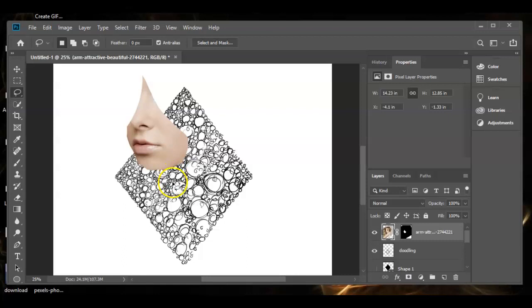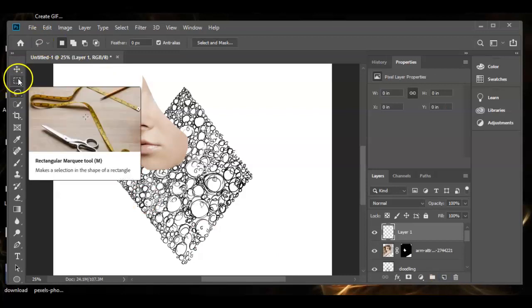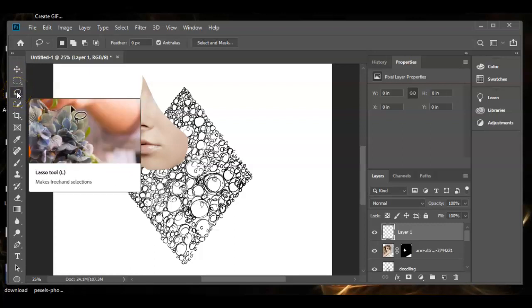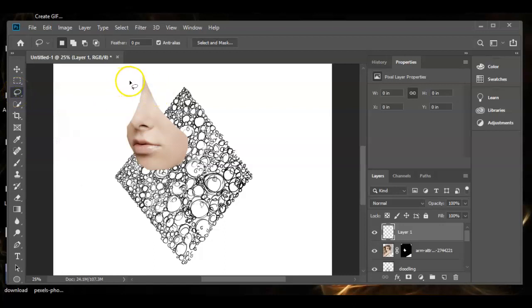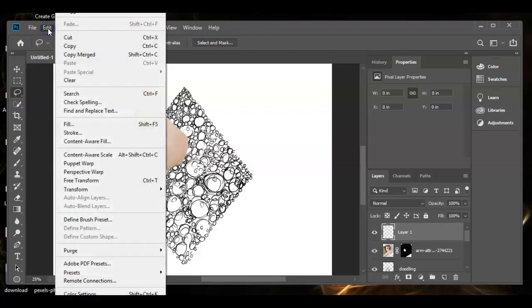Now what I'm going to do is I'm going to add some things on top of that. So I'm going to add another layer. I want to show you just a couple of things you can do with some selection tools and being able to fill those selection tools with color. So first I'm going to use the lasso tool. The lasso tool can be used as a tool that selects areas, right? But it also can work as a shape making tool because you can fill the selected area